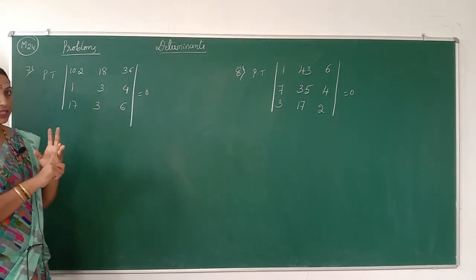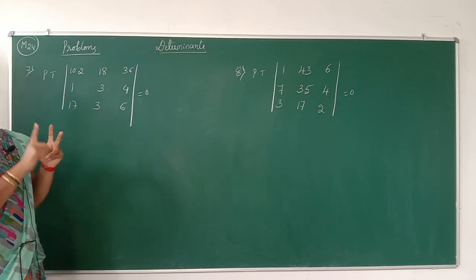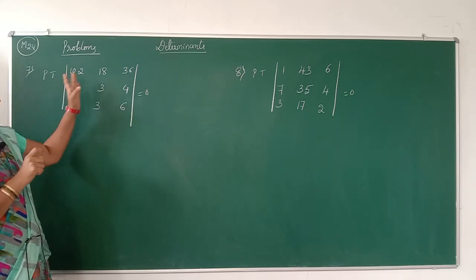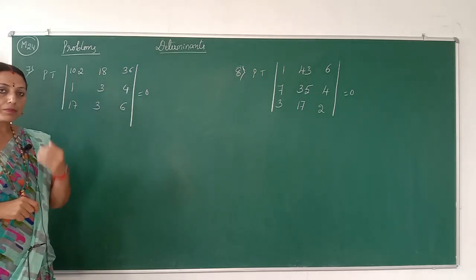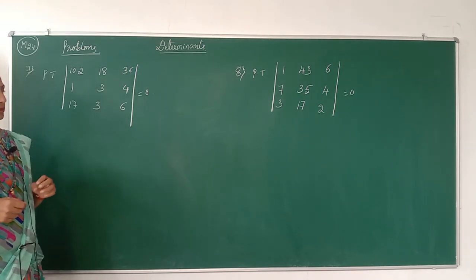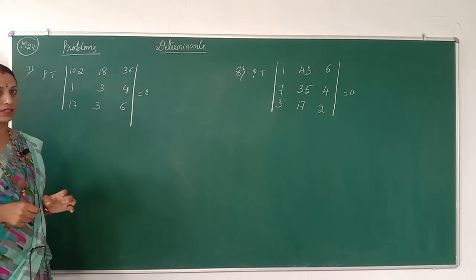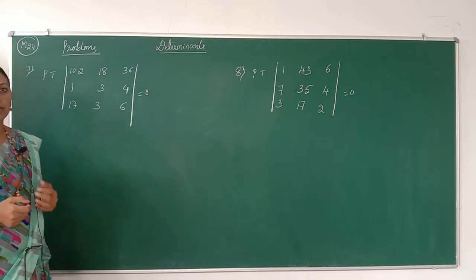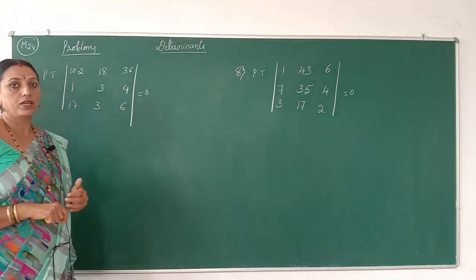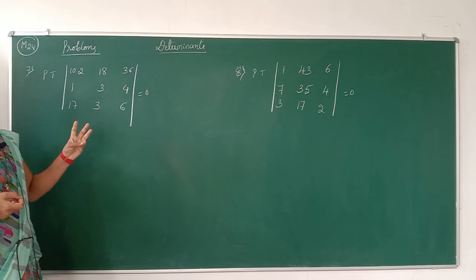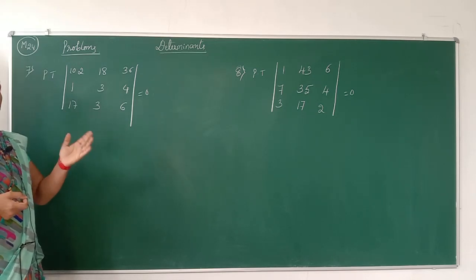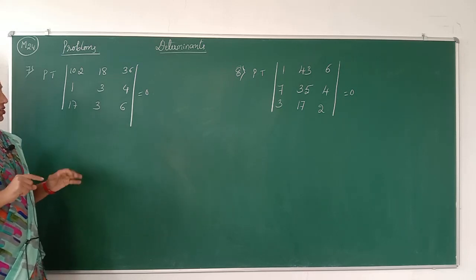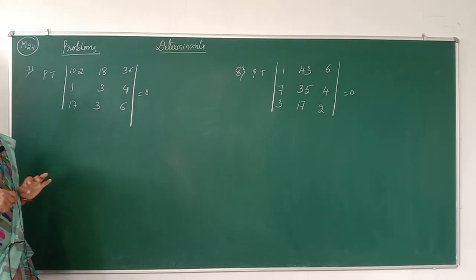So two different conditions should always be remembered. First, if all the elements of any row or column are a multiple of some constant, then it is possible to take out a common factor. If there is no common factor, then add or subtract the corresponding elements of any two rows or columns, so that we get either an identical form or a common factor; otherwise, after simplification all the elements of that matrix will be the same. These two conditions are applicable in any of these types of problems.